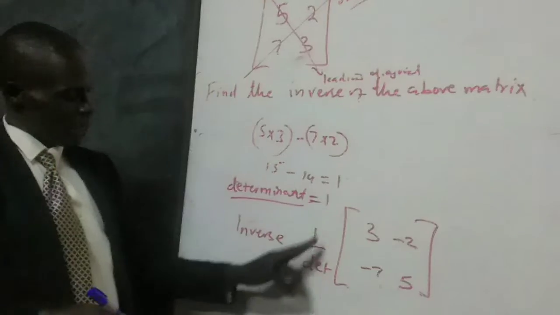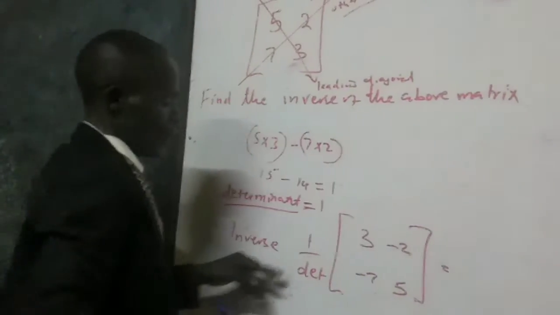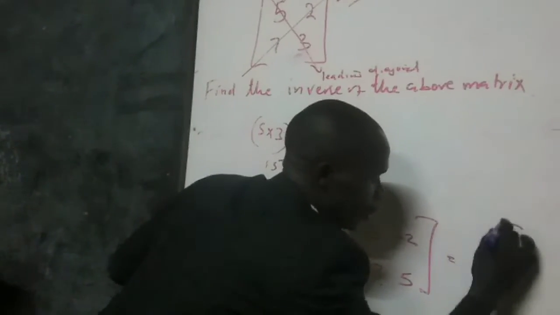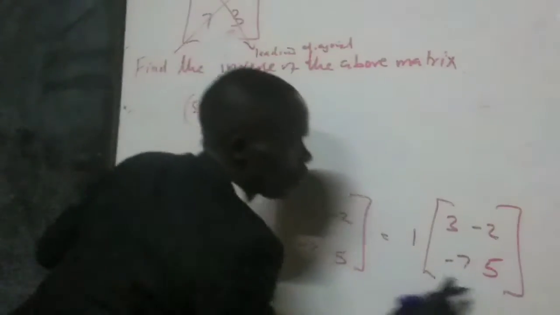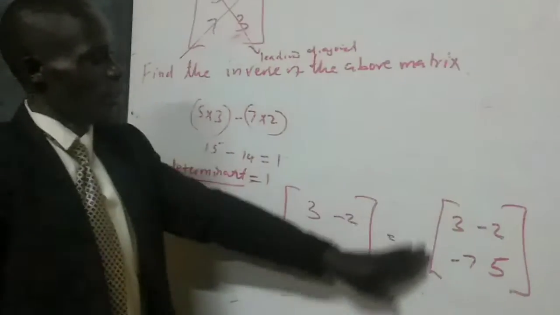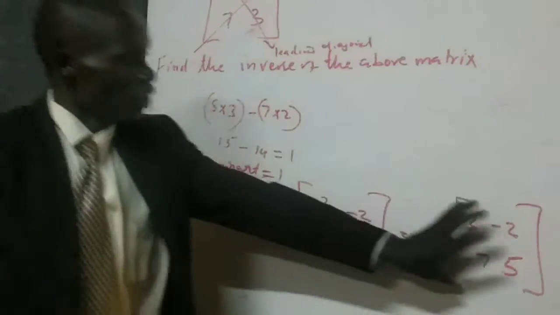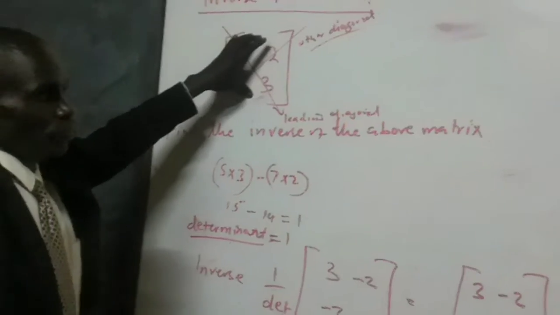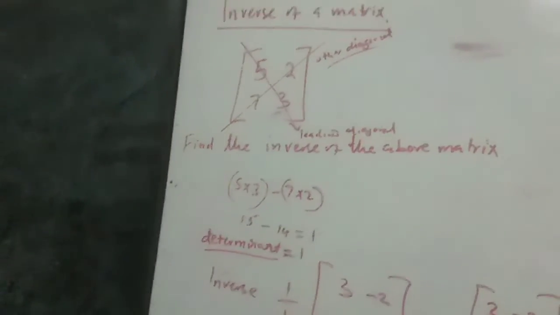And since our determinant is 1, therefore this one will be 1 times 3, -2, -7, 5. And that will leave that value as 3, -2, -7, 5. Therefore, this will be the inverse of this matrix. Now, what will happen if we now